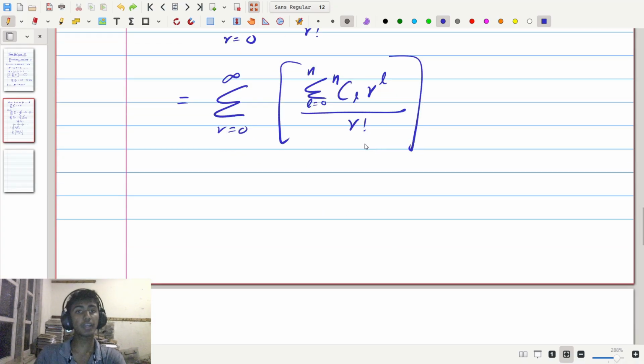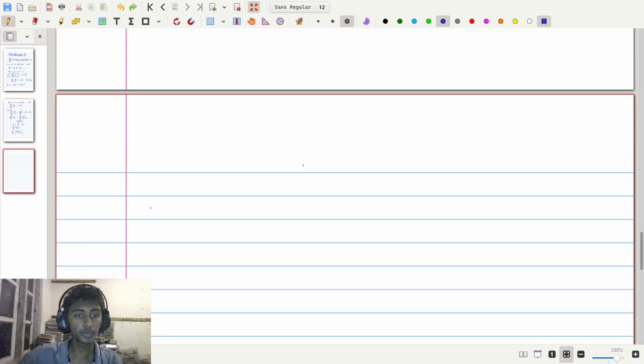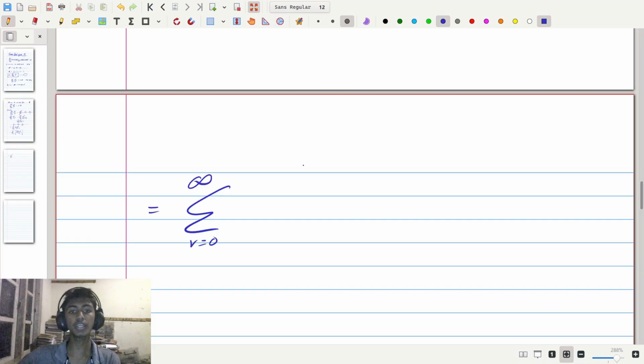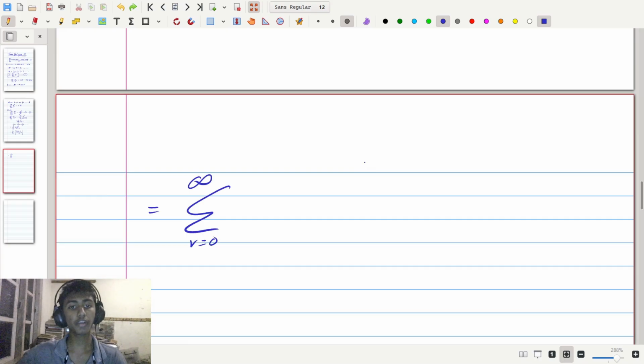If we go to the next page and start writing this sum down, we can see this sum is going to be equal to the sum from r equals 0 up to infinity of each of these terms in this sum, which is going to be all the terms from L equals 0 up to n of n choose L r to the L. Now if we start writing them down, this is going to be first off L equals 0, which is going to be n choose 0